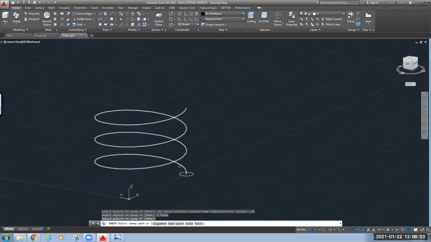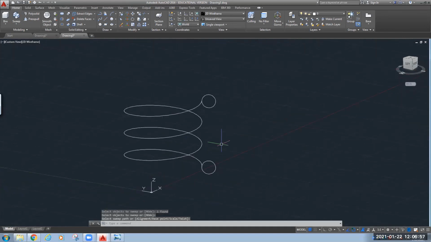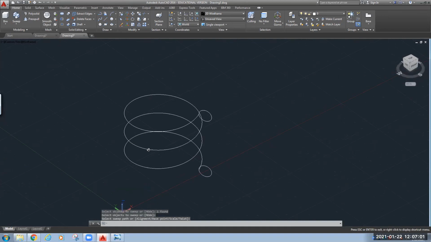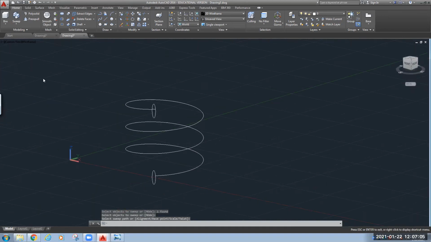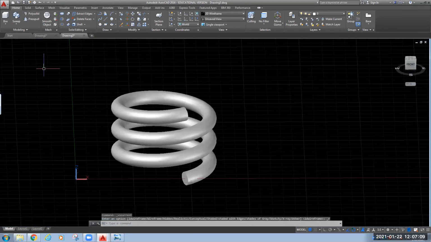Now it is asking for the sweep path. This is my path. You can see your spring is ready, but it is in wireframe mode. Switch this to the realistic view and you will be able to see the spring over here.